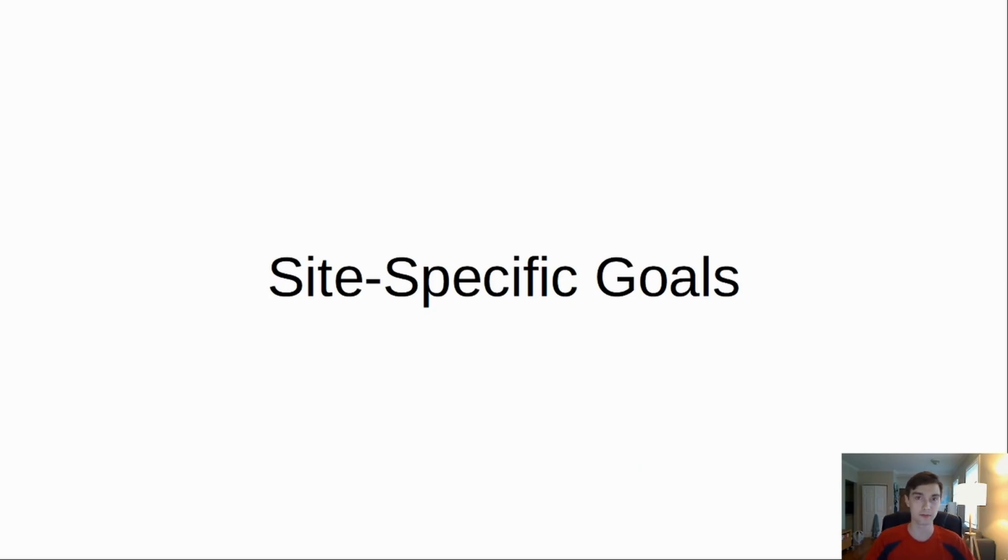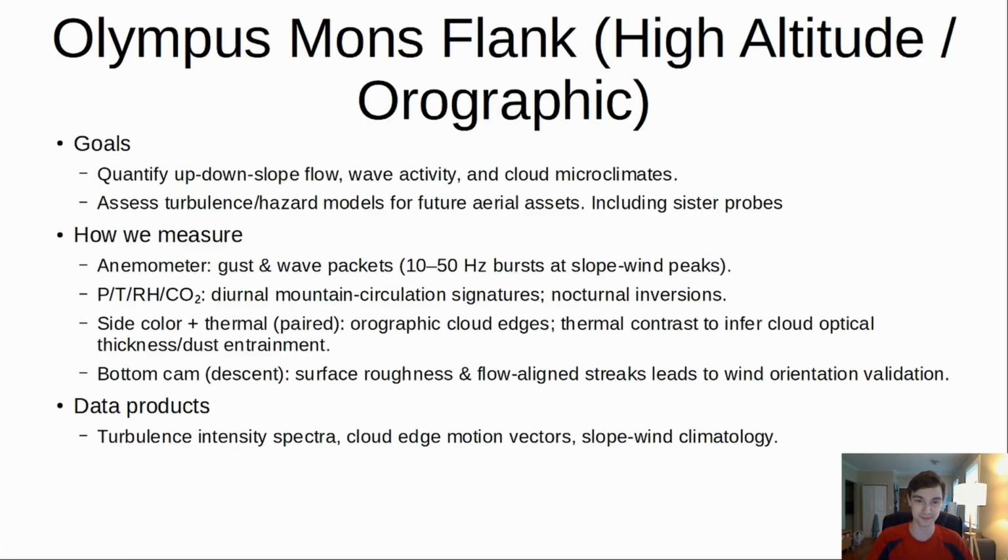So I've gone over in depth what we're actually recording and how we're going to record it. I haven't talked about where these probes are going. That's kind of important, I would say, at least. So, probe 1, Olympus Mons. It is in the high altitude area that we want to land a probe. Obviously, it doesn't have to be exactly Olympus Mons. Olympus Mons is huge, by the way, so we should be able to hit it. But